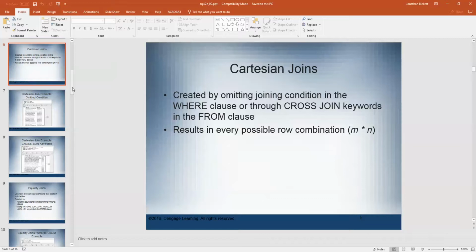Cartesian joins are rarely something that you're going to be using in practice. They can be used for statistical analysis or statistical procedures in SQL. For the most part, you're never going to use this, but I think it is important to know what they are. So a Cartesian product, or Cartesian join,